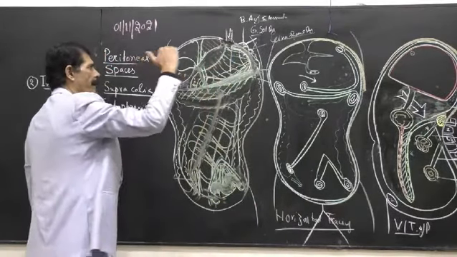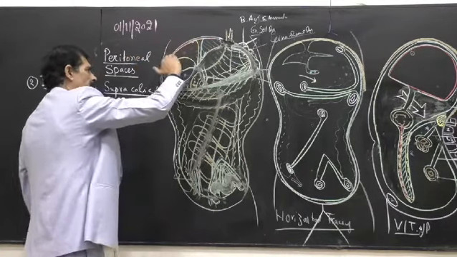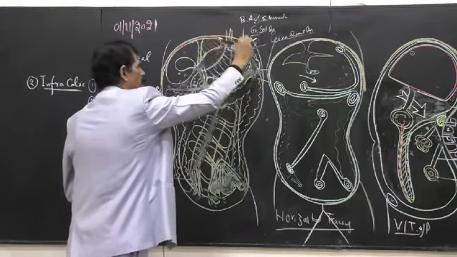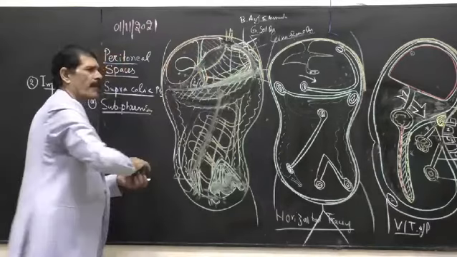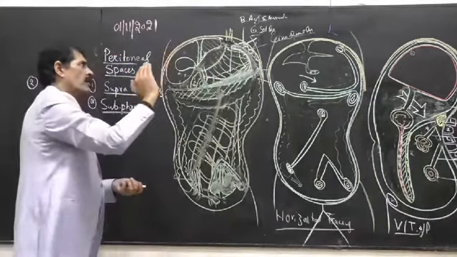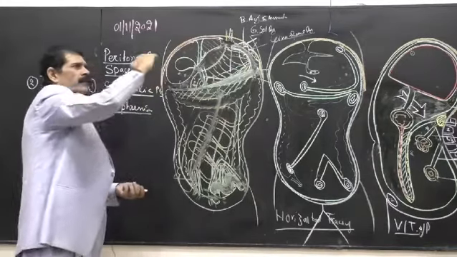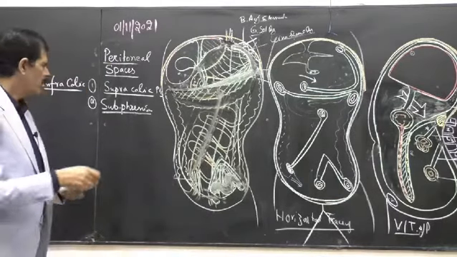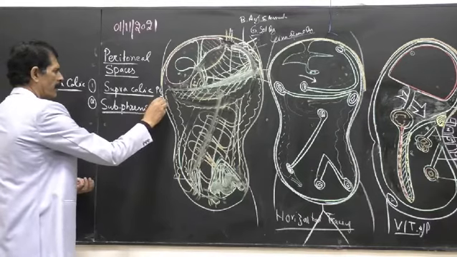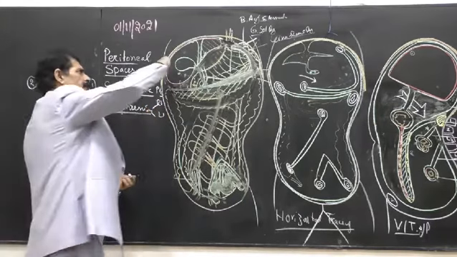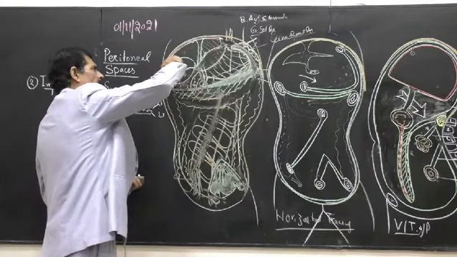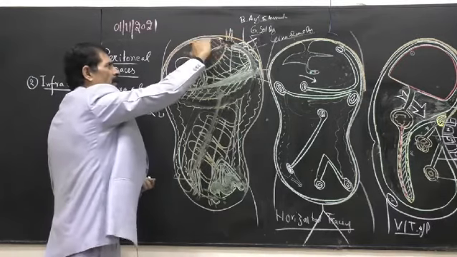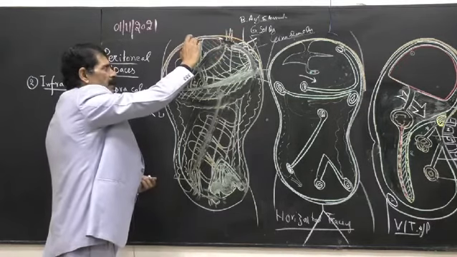Now when you go into the dissection hall, you can put your hand between the liver and the diaphragm. This is the diaphragm and this is the liver. So there is a space. Your full hand and fingers can go here. So if you put it here, your hand is in the right subphrenic space, because they are two, right and left. When you trace from right to left, a point will come where your hand is not going beyond on the left side. What are you touching? The falciform ligament.